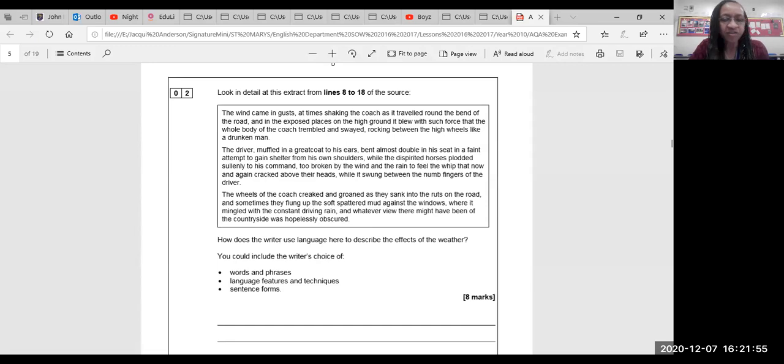Right, now that you have annotated and you know what's happening in each of the paragraphs, what you're now going to do is to write up your response. Your response is going to be written in a PEA kind of format. So you're going to give your point, you're going to say the text is established, it starts in such and such a way, and then it moves on, or it develops, or it shifts to whatever